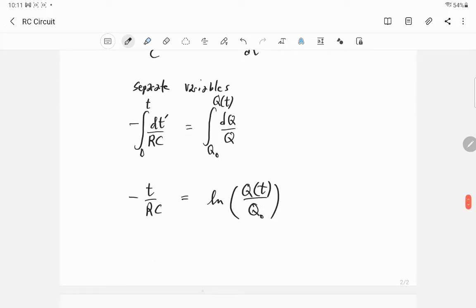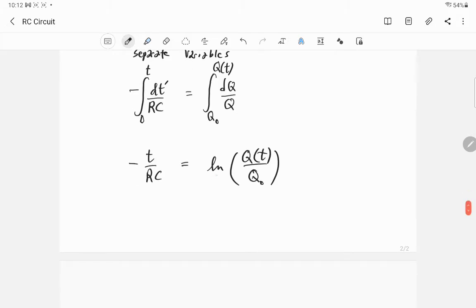So I get this thing right here. And if I want to solve for q of t in this algebra problem, right? So I've finished the calculus. It has now become an algebra problem. I want to know what is the charge as a function of time separated on the capacitor, and that's what q of t is. So the way you get out of a natural log is you take the exponential of both sides. So e to the minus t over RC is equal to, so it undoes the natural log, q of t over q sub 0, and this leads to